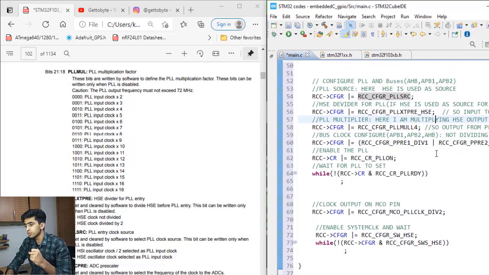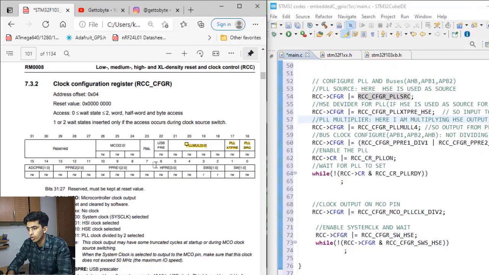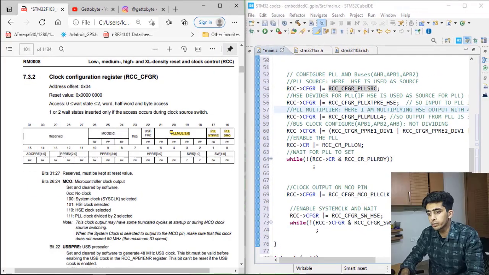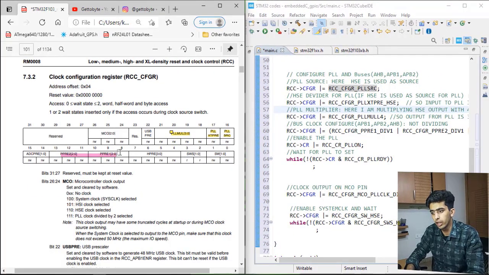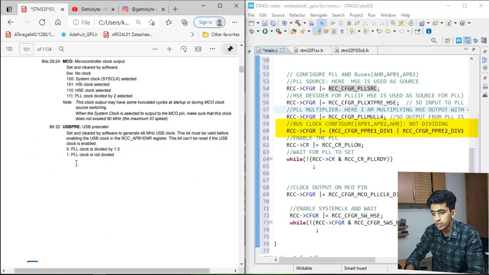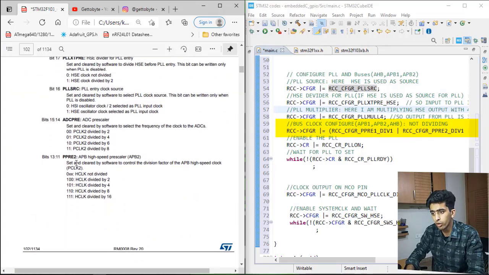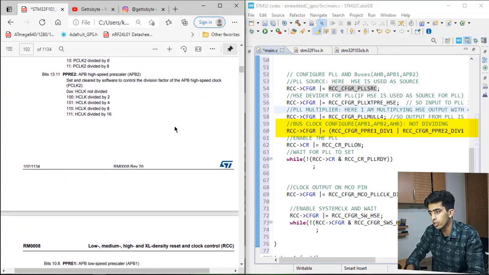Now next comes the bus configuration. Next are these bits 13, 12, 11, 10, 9, 8, 7, 6. These are used for configuring my bus clocks, that is for APB2, APB1 and the AHB. So these are the bits. If you move to their description, for APB2 we can set the bits using PPRE2.